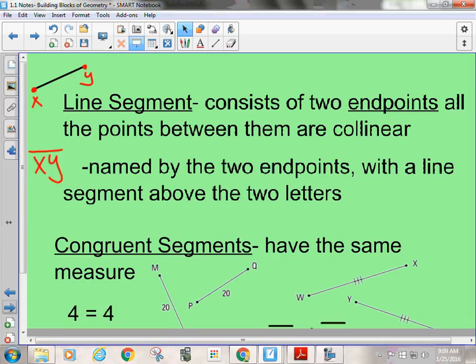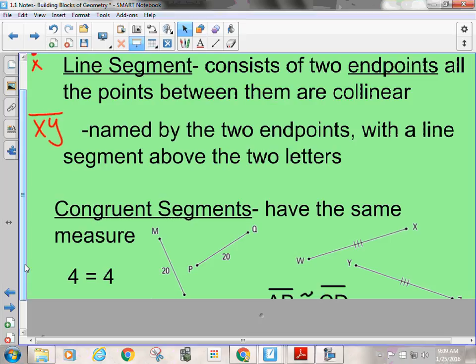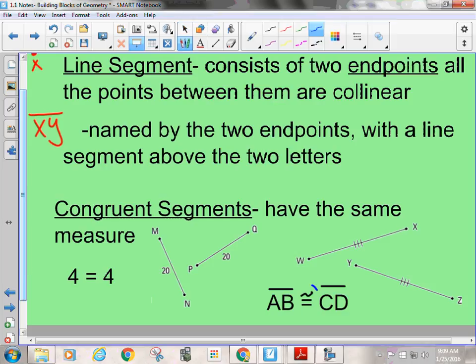All right, so then that brings us to congruent segments. In geometry, we talk about congruent, and that means that they have the same measure. Okay, when you talk about numbers, numbers are equal, but when we're talking about geometric parts, those are going to be congruent. Numbers such as 4 equals 4, that's an equal. If you see here, we have AB is congruent to CD. A congruent symbol is an equal sign with a little squiggle above it. Okay, congruent